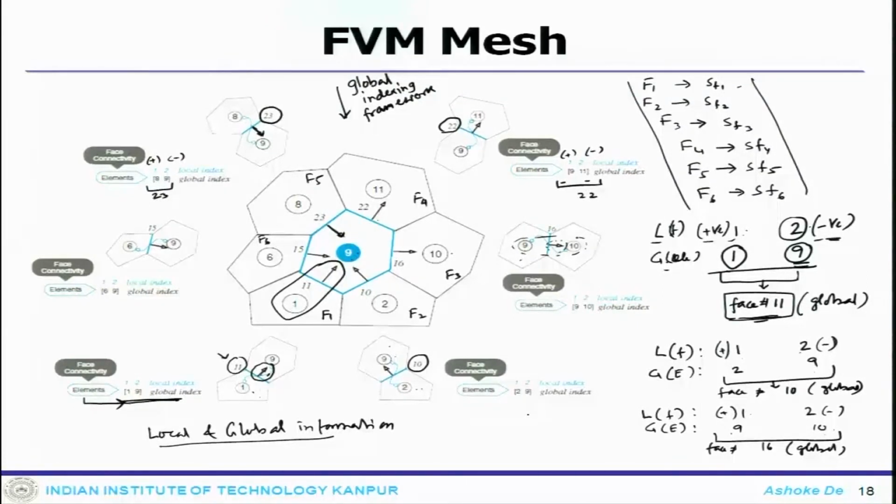You need to define element numbers, local element numbers, a connectivity between local element and global element, face numbers, and local indexing of the face number with sign convention. That actually takes into account the orientation. Then you need global faces, and connectivity between local and global face of a particular element